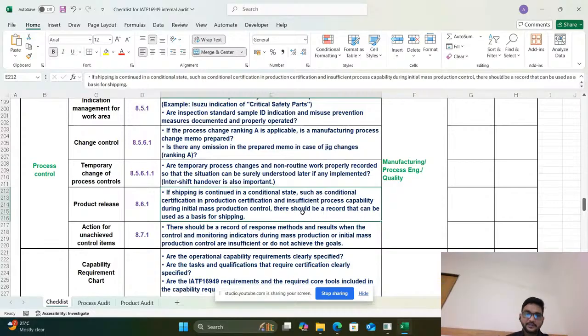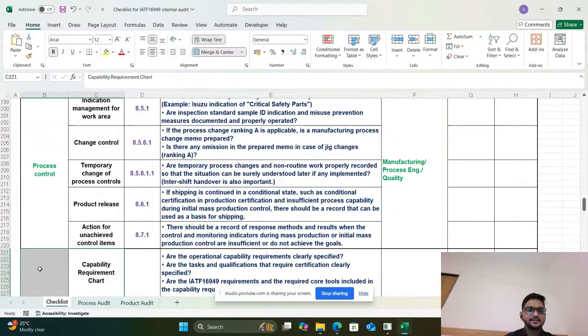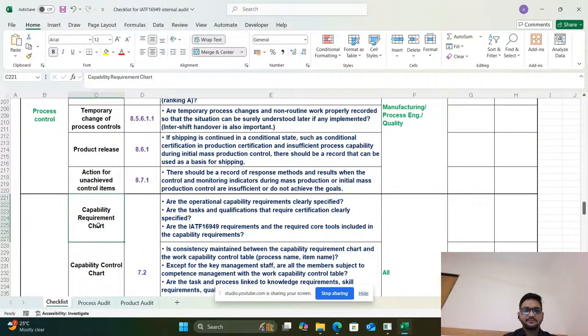There should be a record of response method and results when the control or monitoring indicators during mass production or initial production control are insufficient or do not achieve goals. Next, related to competency, that is the capability requirement chart. What are the operational capability requirements we need to define?